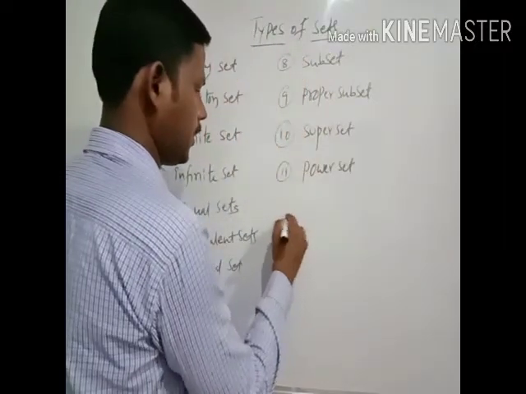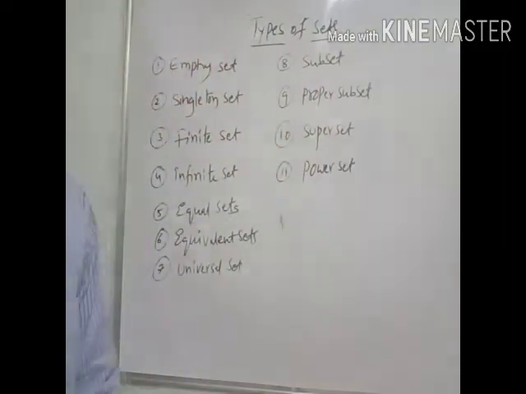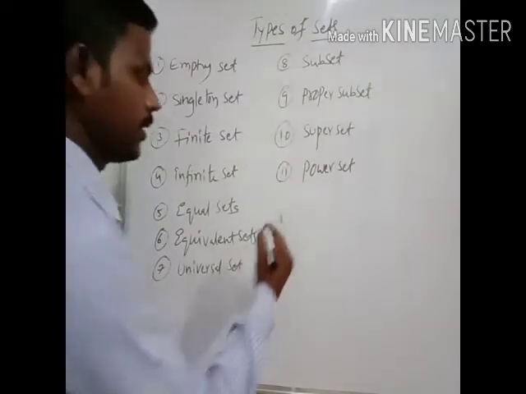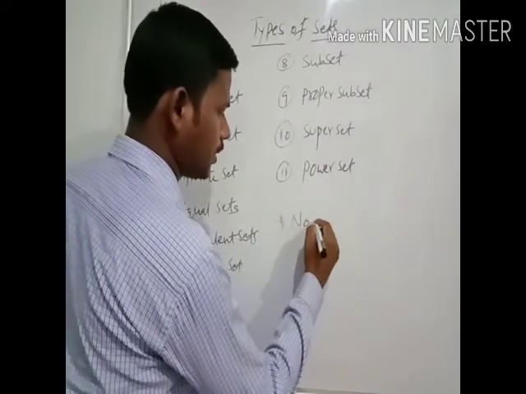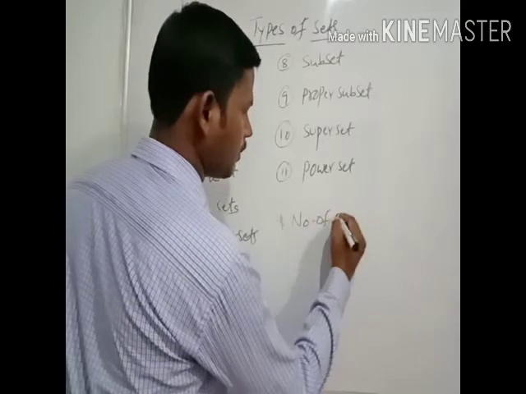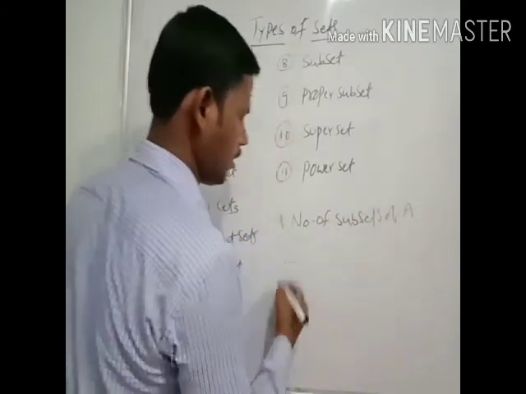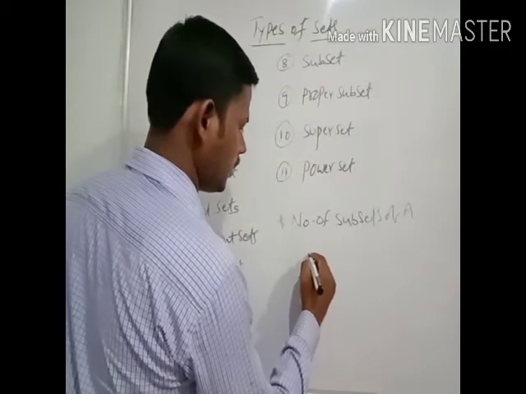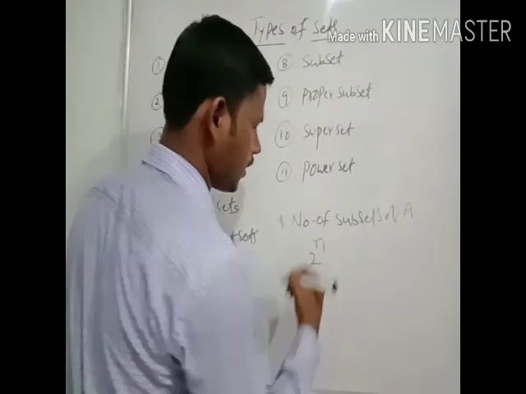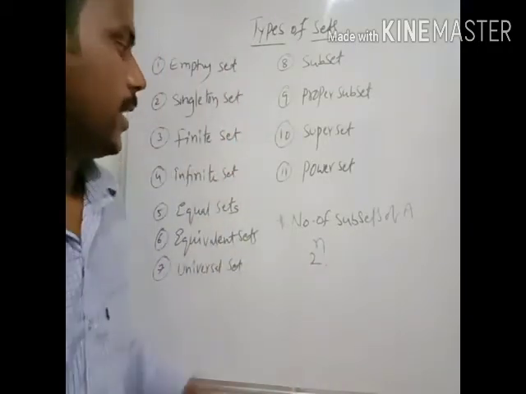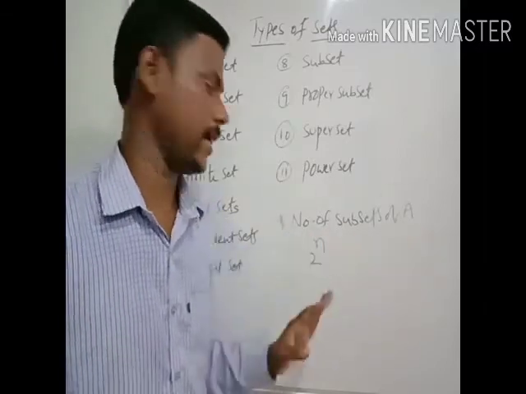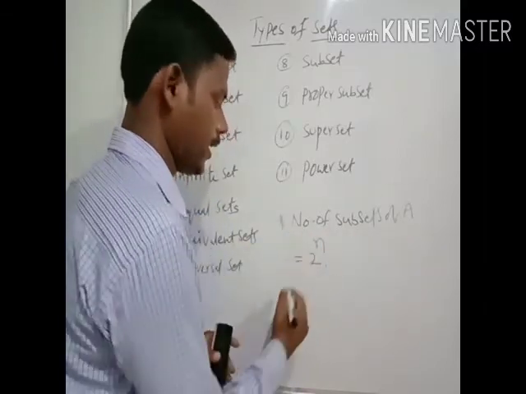Here we have one formula to find the number of subsets. Important point. To find the number of subsets of A, we have the formula 2 power n. Okay children, the number of subsets of a set A is equal to 2 power n. Example,